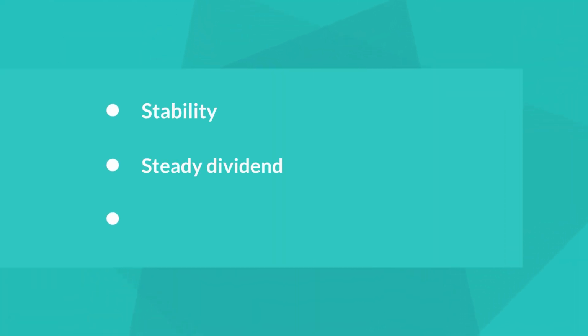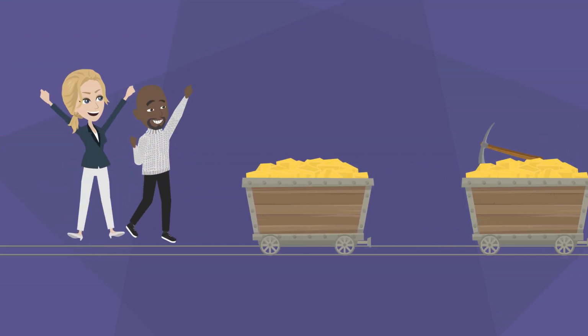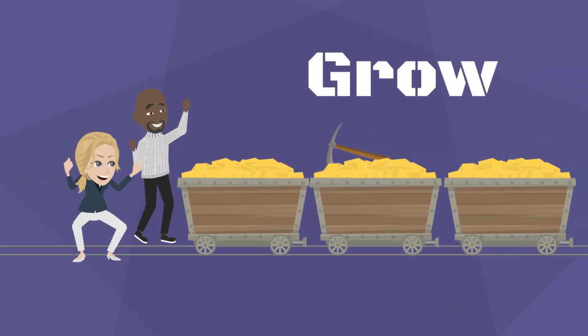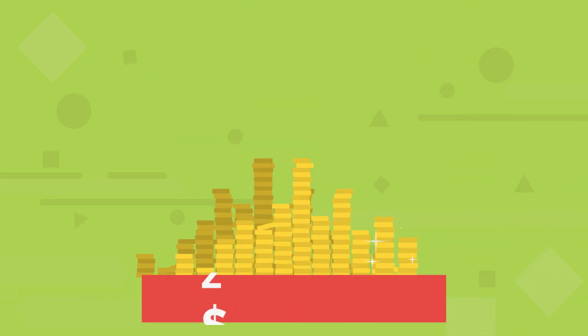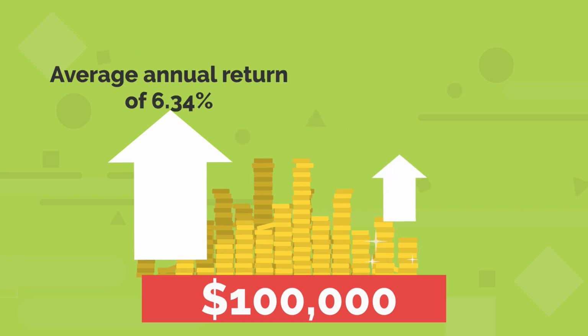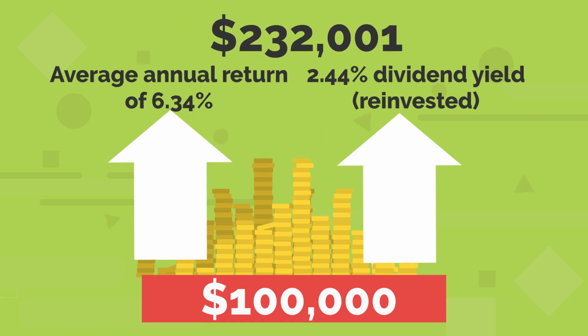In short, FSTA offers stability, a steady dividend yield, and exposure to industry leaders like Procter & Gamble, Costco, and Walmart. This fund is ideal for investors looking to grow their wealth conservatively over time, while also securing a bit of income along the way. With an initial investment of $100,000 growing at an average annual return of 6.34%, plus a 2.44% dividend yield, reinvested, your portfolio could grow to approximately